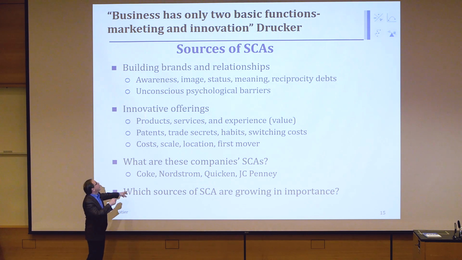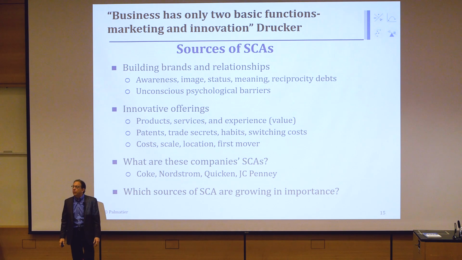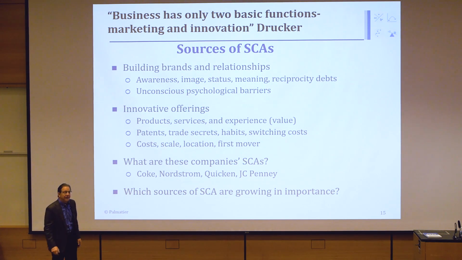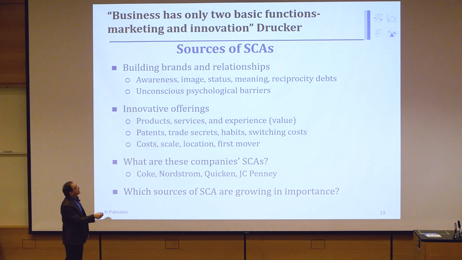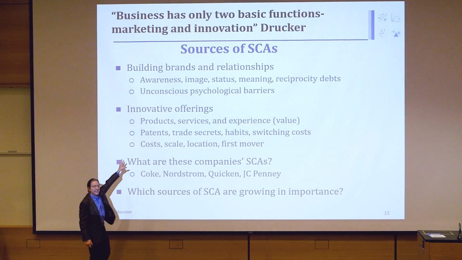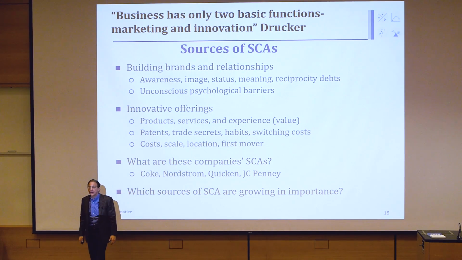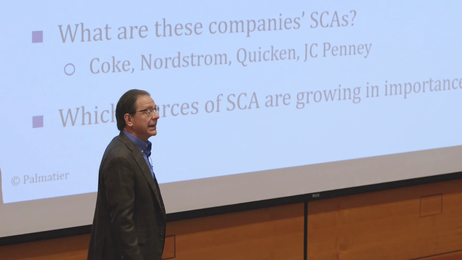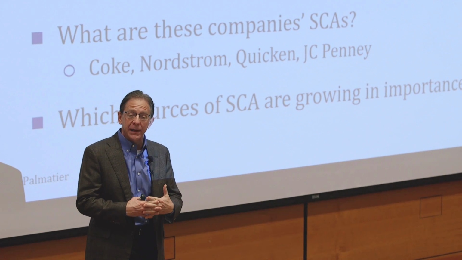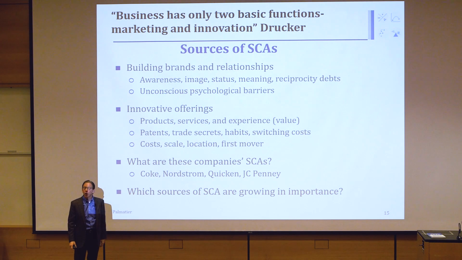You might say, of these 3, which ones are growing in importance? We'll talk more about this. But brands and relationships, and especially relationships, are coming back to the forefront as a way to build barriers. The reason is, innovation, while important in many industries, is one of the easiest things to copy. There are only a few industries where you can patent it and really have the patents stand up to prevent people from working around them. Pharmaceutical is a good example of that.